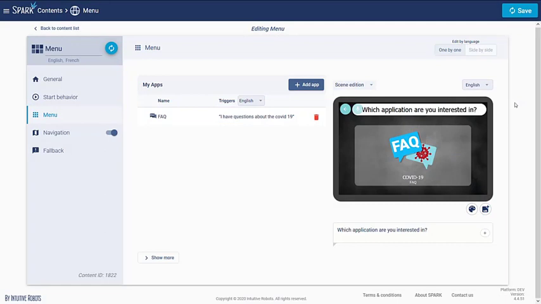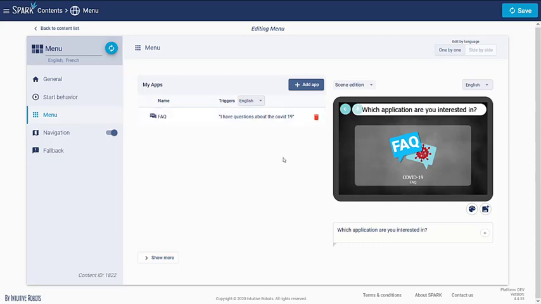Let's discover how to create a receptionist application for your robot. As a reminder, the receptionist application allows people to identify themselves directly on the robot and also to inform staff members of their arrival. So today I will take a real use case. Let's imagine we are in a medical clinic and the goal of the robot is to welcome the people at the clinic and also to inform their doctors of their arrival.